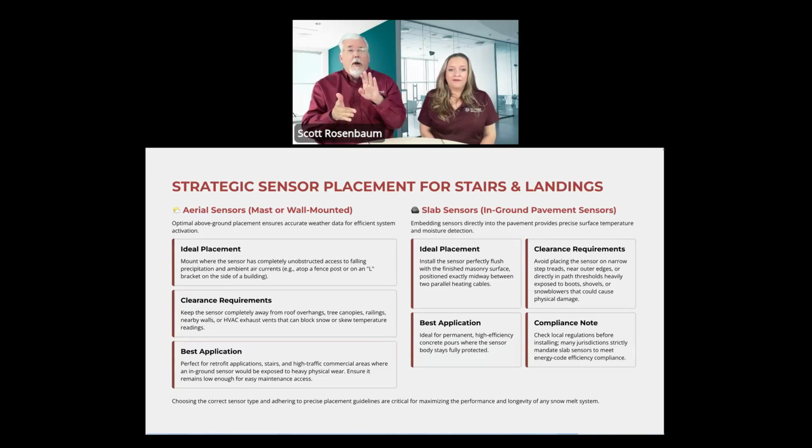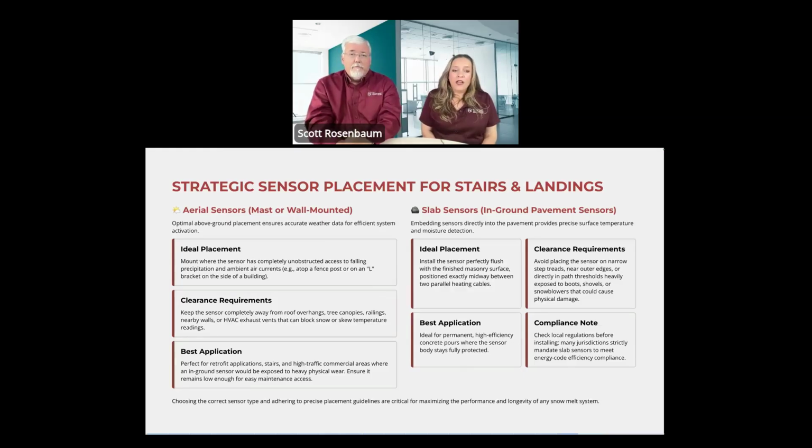It's got to be somewhere where, if you decide to put it in the vegetation next to your driveway, you need to make sure that if your sensor's sitting here, the bushes in 2 or 3 years don't start growing over the top. I see that all the time: "but I don't want to trim it back because it looks so pretty." Okay, well, your sensor is getting blocked. You don't want anything blocking snow's access to that sensor. So that's the important thing